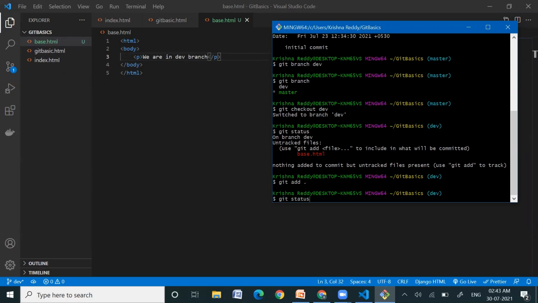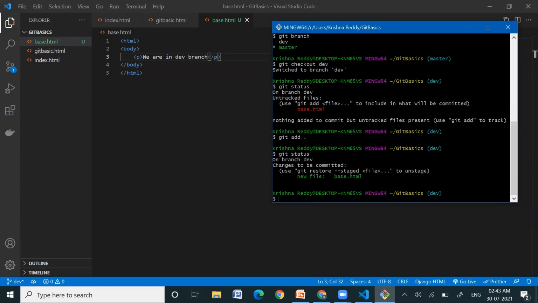Now we'll see the status. Now we have added this base.html file into the staging area. Now we need to commit it. Git commit -m, what will change? In the development branch, in the dev branch.